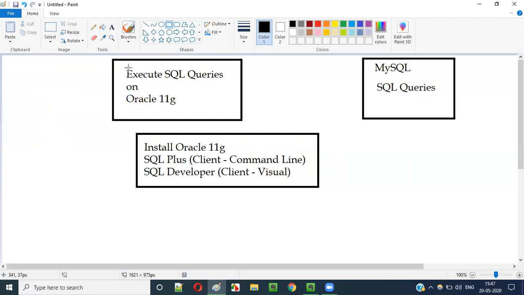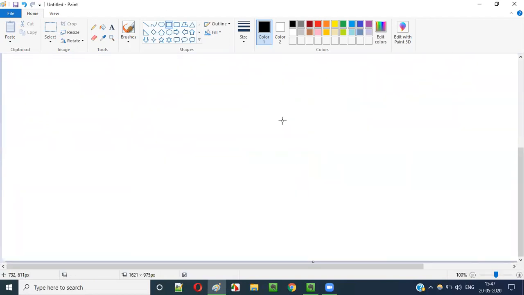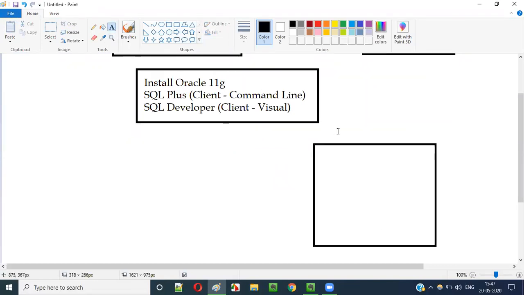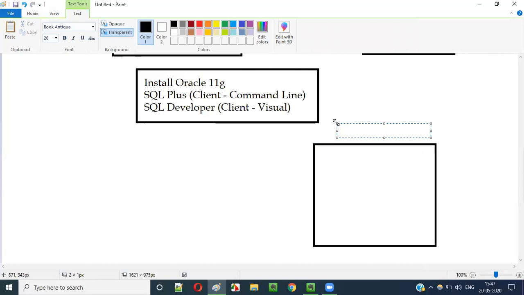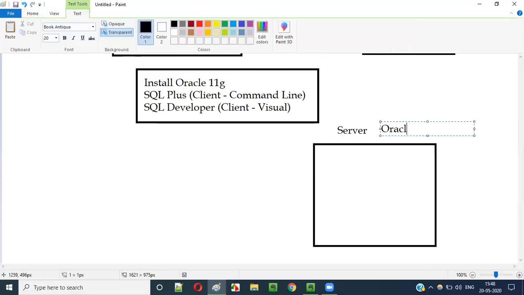So in this session, I am going to execute SQL queries on Oracle 11g, right? So what will happen? This Oracle 11g will be there in a server. Generally in real time, in the server machine, this Oracle 11g will be installed.